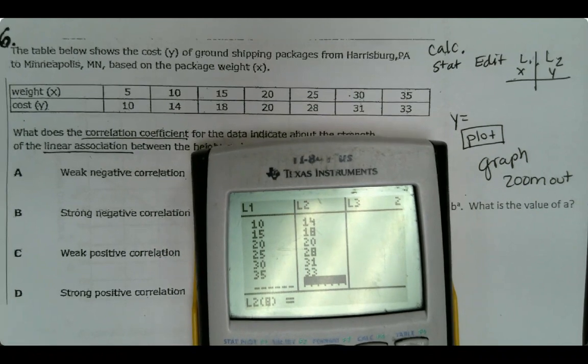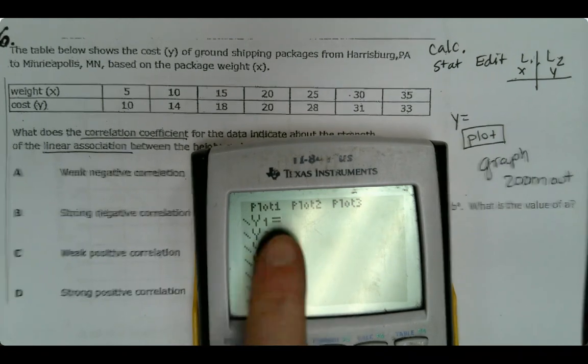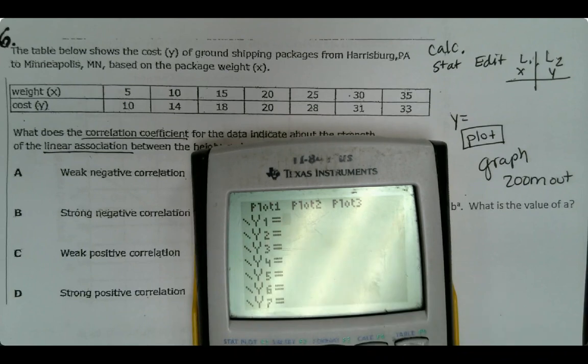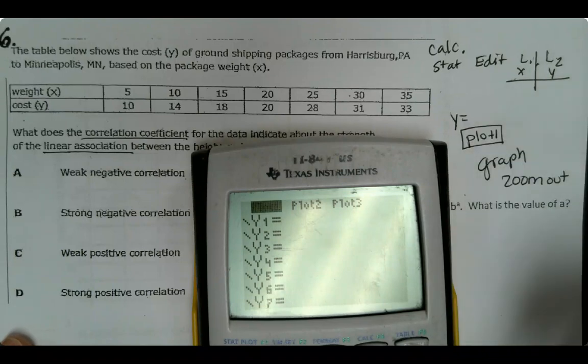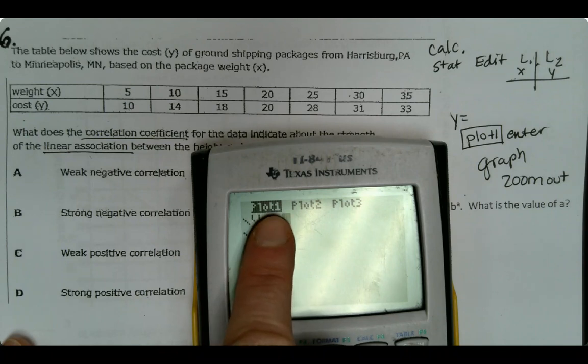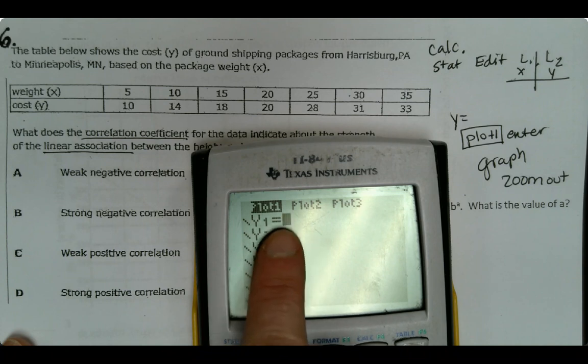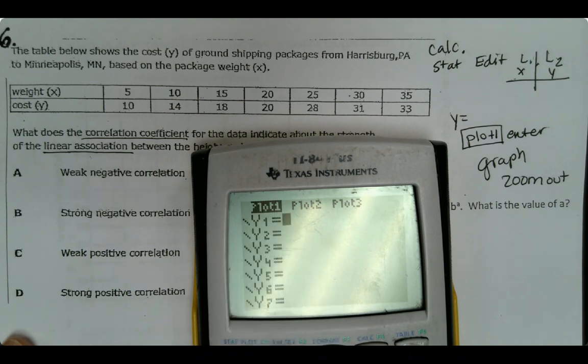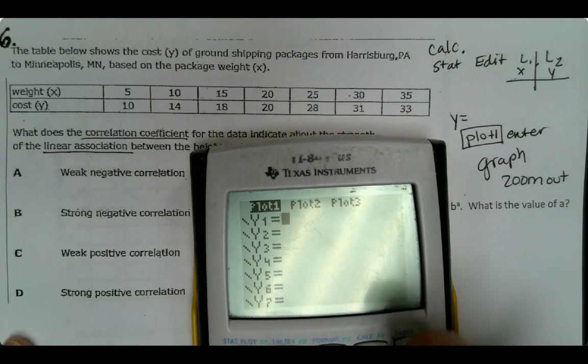Hopefully you have it in L1, L2. Then go to y equals, and instead of putting in an equation here, go up to plot 1. Make sure it's highlighted. Press enter. Then go back down and see how it's shaded, like around it? That means it's going to graph those points. So all I do is go to y equals, go up to plot 1, push enter to turn it on, hit graph,